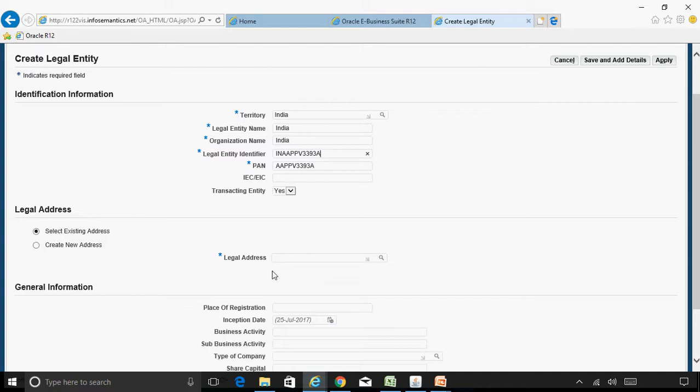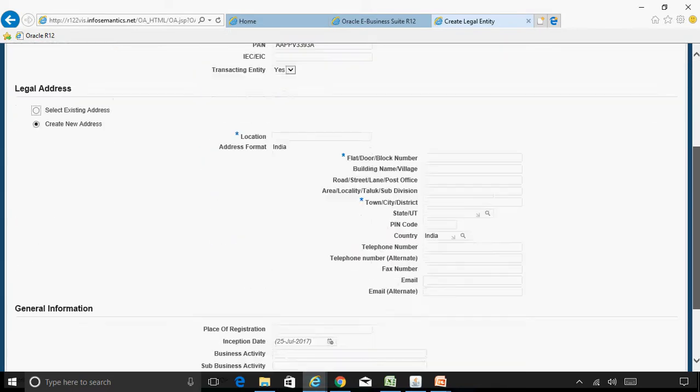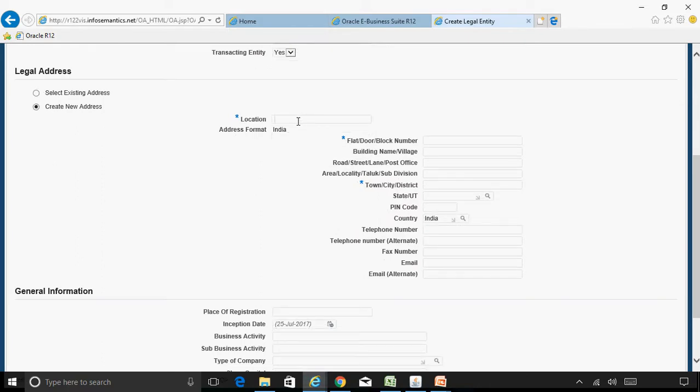And here we need to enter the legal address. You can select the existing address, or if you want you can create a new legal address. If you want to create a new legal address, click on Create New Address. Here enter the location code. In this example my legal entity is located in New Delhi, so I'll specify my location code. Again, location code is just a naming convention, you can use anything. New Delhi underscore India, and the address I'll just make up something, 11-45 oblique BA,